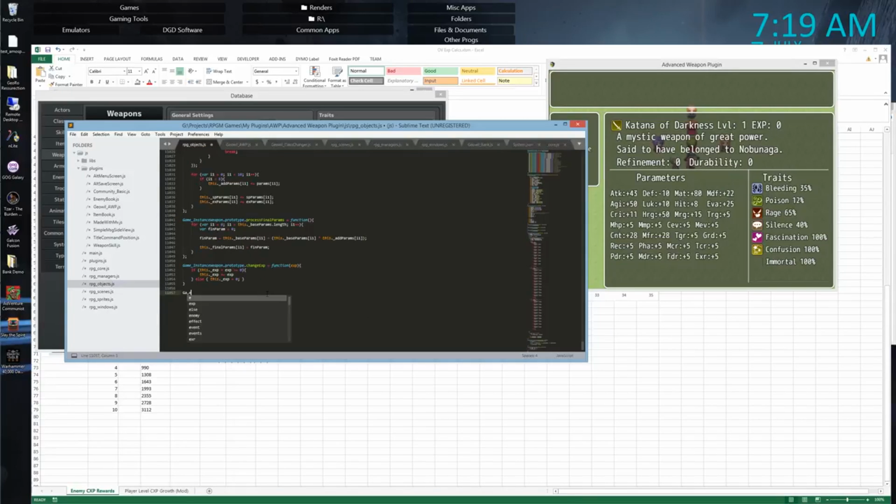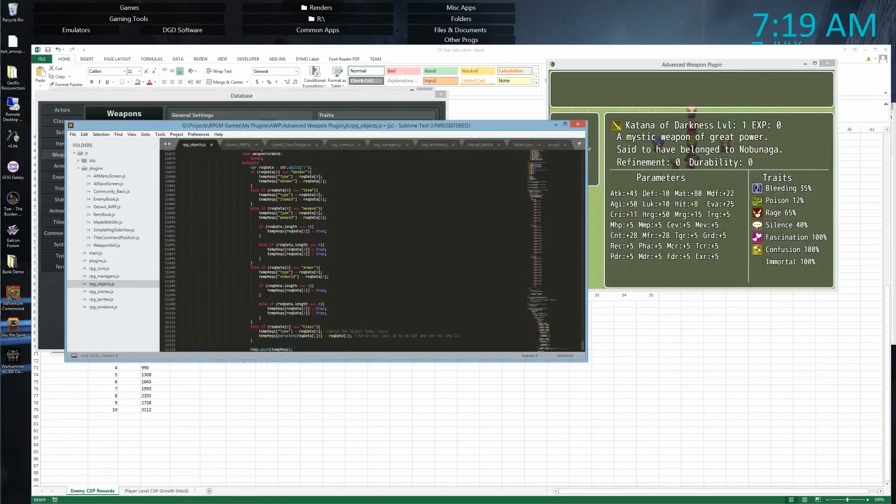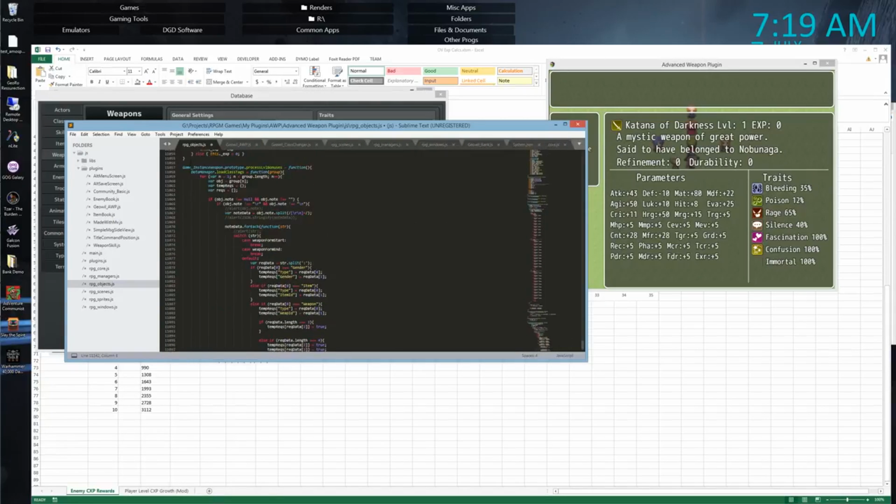Game instance weapon dot prototype dot process. Okay, so first thing, we're not going to need this. We're not going to need group. We're not going to need